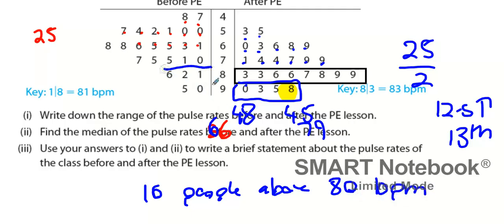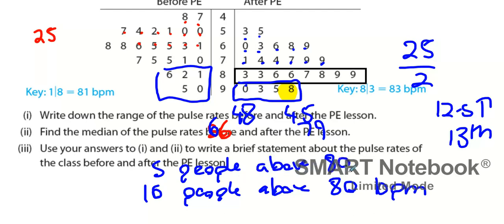Before this, how many people were above 80? 5. 5 people before. So what can you say about that? Generally speaking, when people exercise, heart rate goes up. Any relevant thing. You can say the median went up, you name it, you can